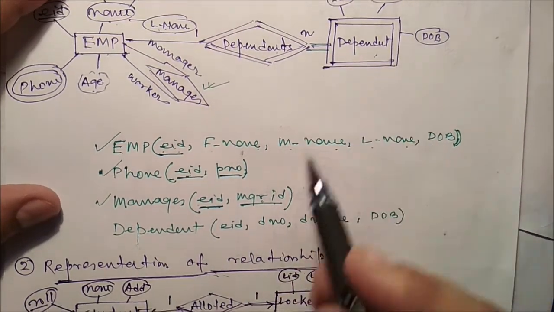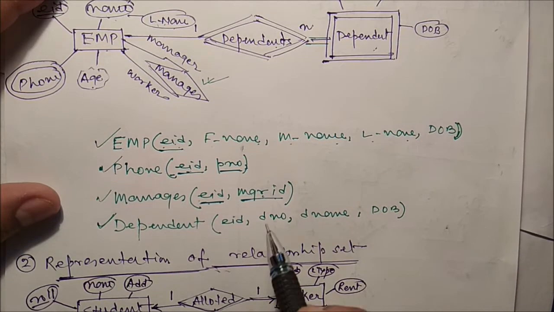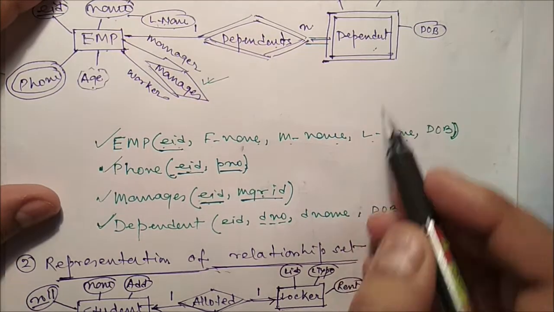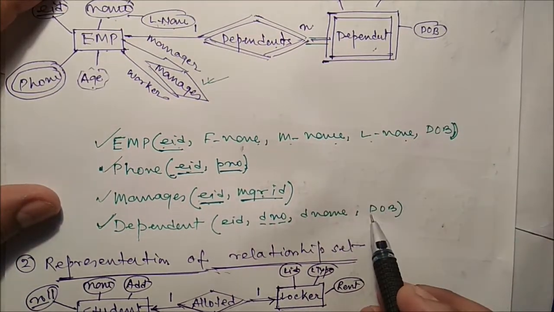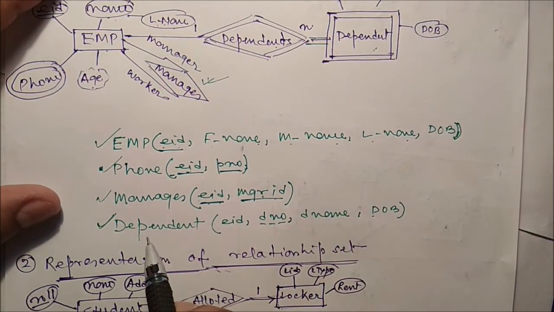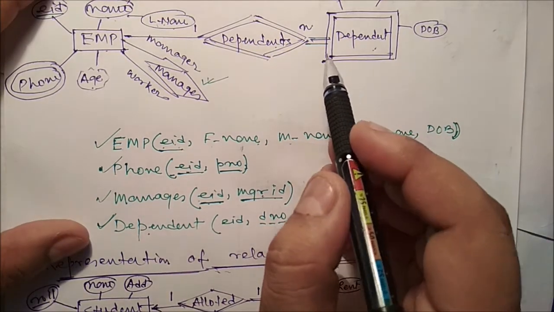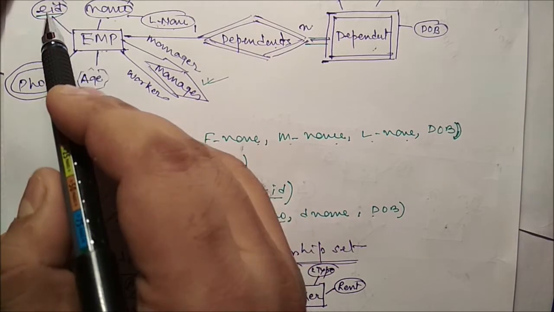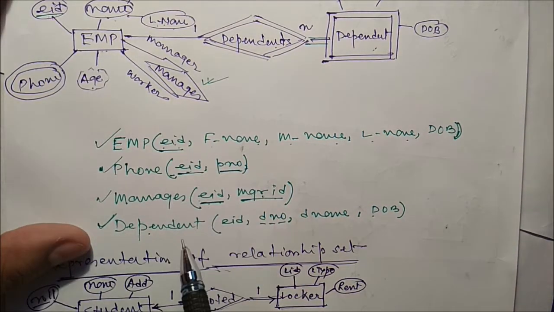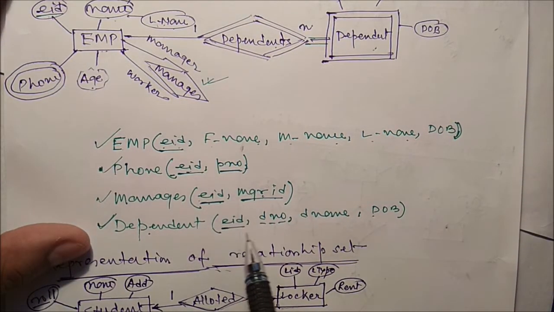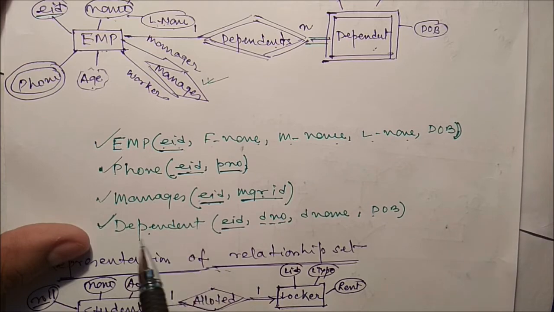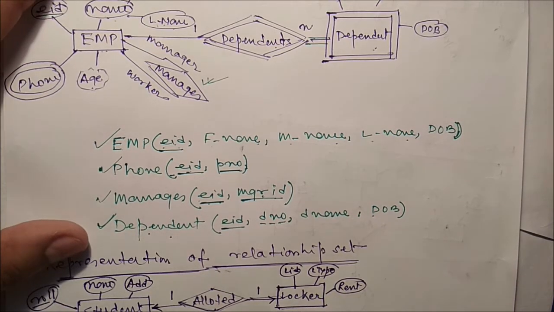Next is what? Dependent. For dependent we need another table, where dependent number is a partial key. Dependent name must be there and date of birth is there. But to form the key, we have to take the key of the owner entity. So employee is the owner entity. Here the key of the owner entity is employee ID, so we have to put the employee ID. With the help of employee ID and dependent number, we can form the key for the weak entity, dependent. Are you getting this one?